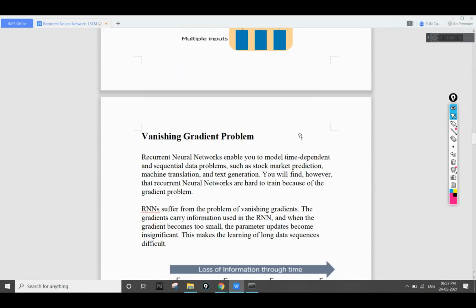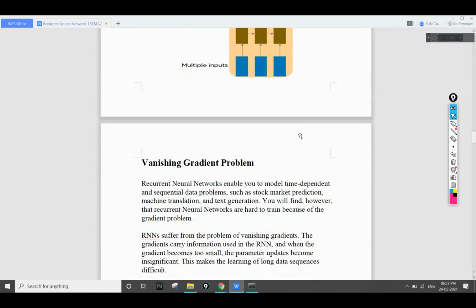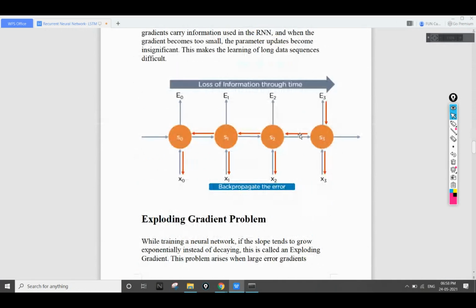The main problem with this recurrent neural network is that the weight which we get in backward propagation is quite small, or it goes on decreasing one by one, because in backward propagation, as we all know, we are finding the gradient descent, or doing the differentiation. After a certain limit of differentiation, the value becomes so small that we are not able to learn anymore. There is loss of information through time in backward propagation.